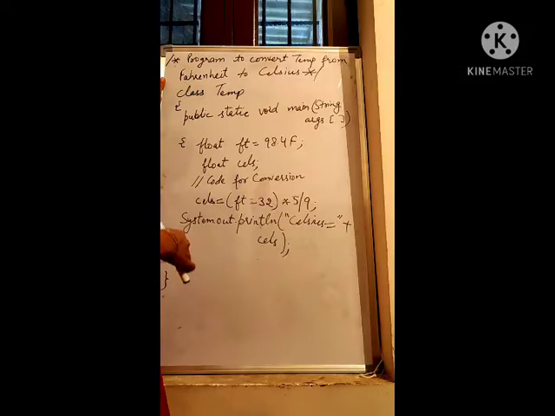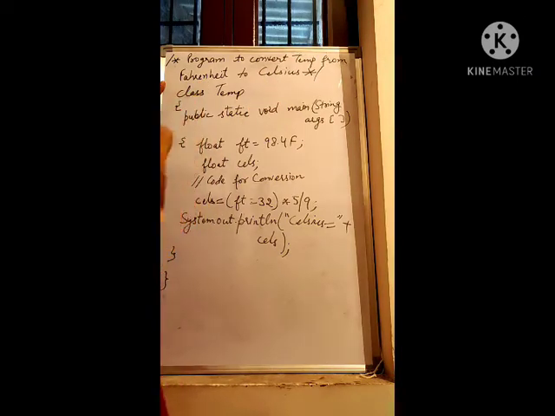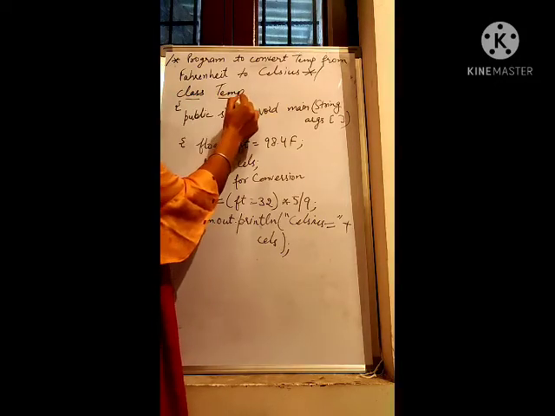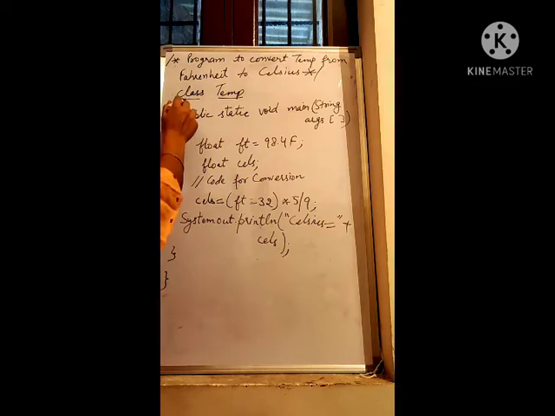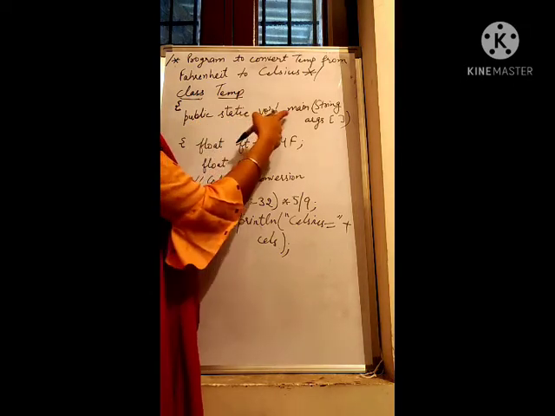This program is used to convert the temperature from Fahrenheit to Celsius. So this is the comment statement. This is a multiple line comment statement that is used just for the sake of the user. And here I am starting the class. Name of the class is temp. This class is a keyword. This curly brace indicates the starting of the class. In this class I am writing only the main method, public static void main.